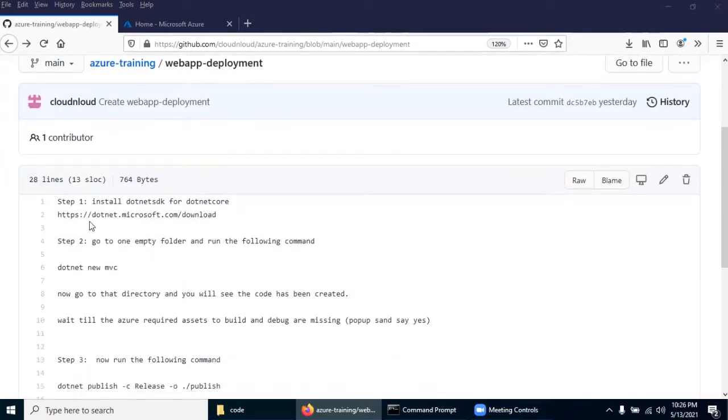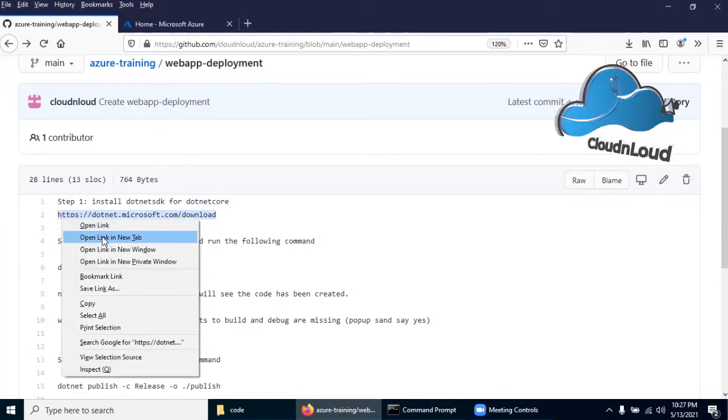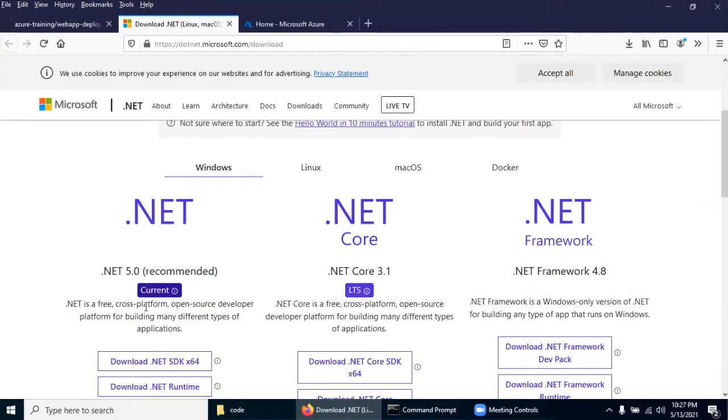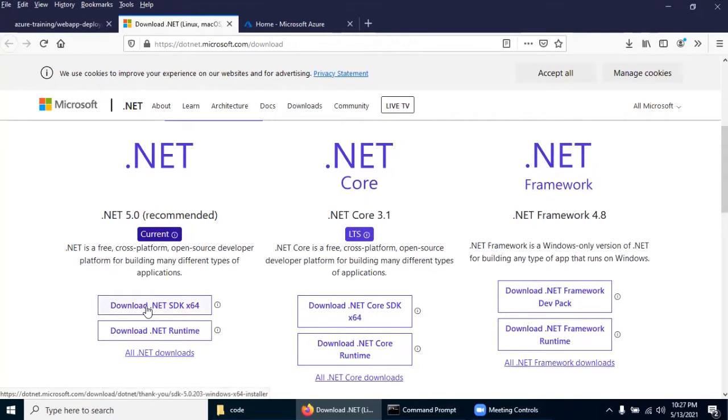Come down. So basically I will walk through. You need to install .NET first, because maybe you won't be a developer, right? But you need to test it on your own POC lab. So simple, open this link, download the .NET, maybe whatever the latest one. We need some sample code. You need not depend on any developer. Don't ask anyone. Simply download this .NET SDK and install it on your Windows machine.